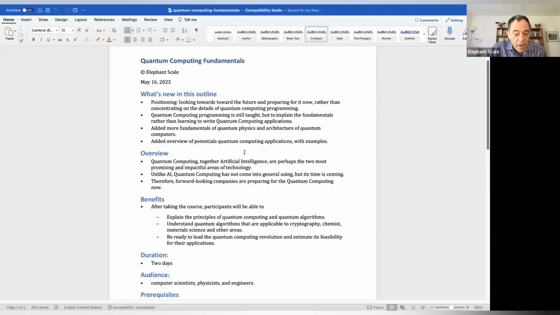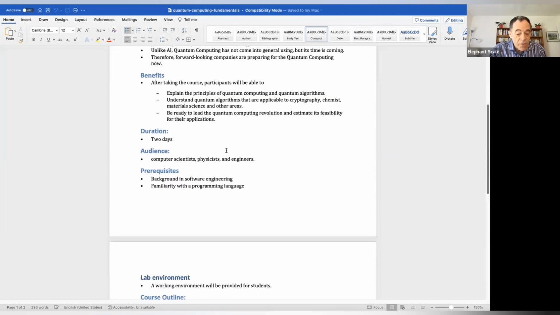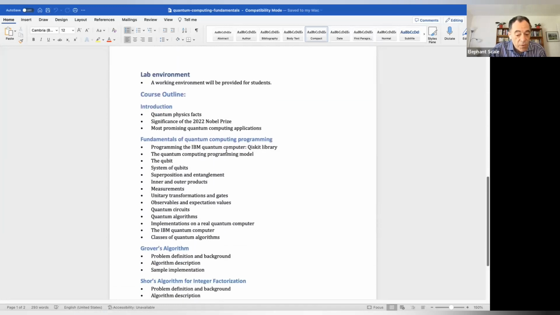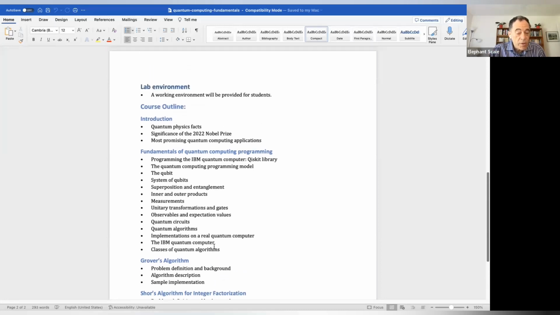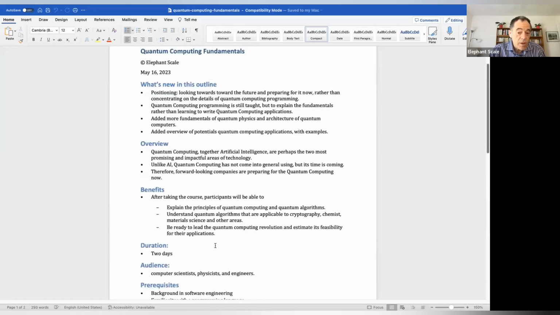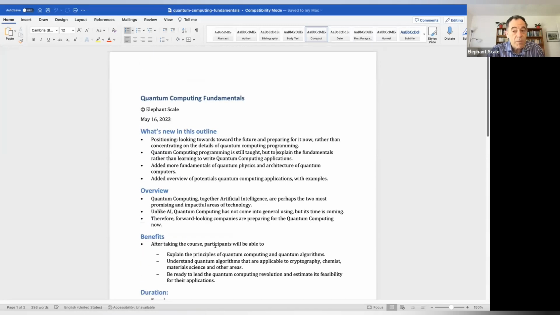And finally, we will look at real examples, but we won't look at too many of them. Previously, I was showing quite a few different algorithms. I think two are good enough. Grover algorithm and Shor algorithm. Grover is for, I believe, search, and Shor is for dividing into prime numbers. Both are very important because prime numbers are the foundation of security. So once this computer can do this, it breaks all security in the world. Well, it's important enough, but not today.